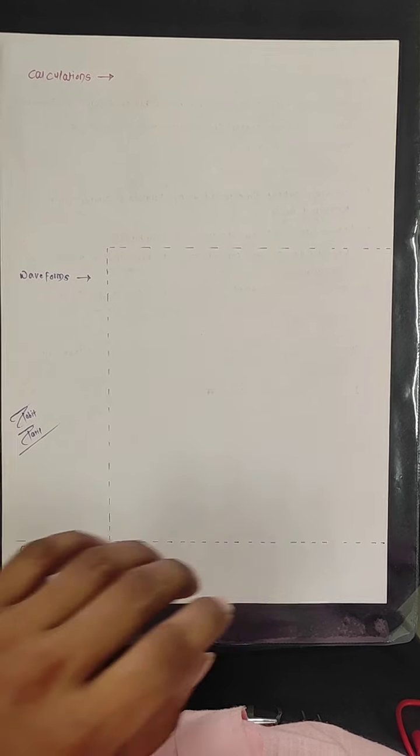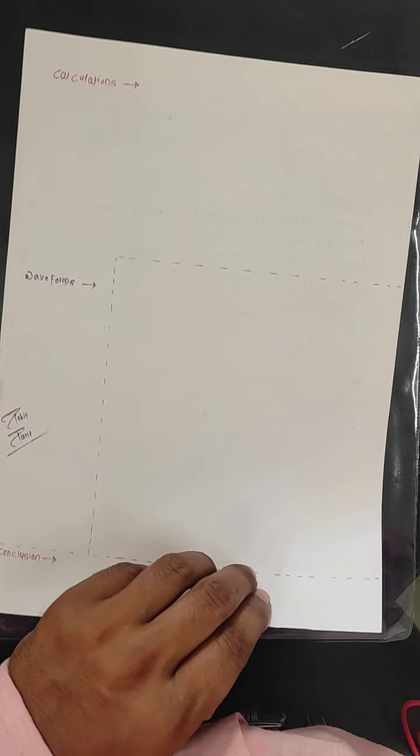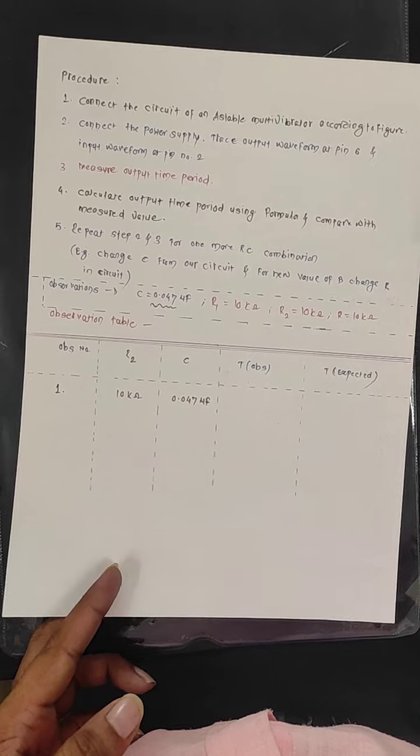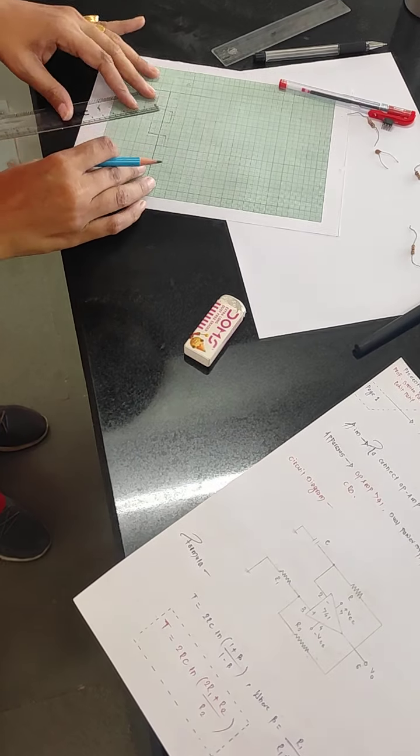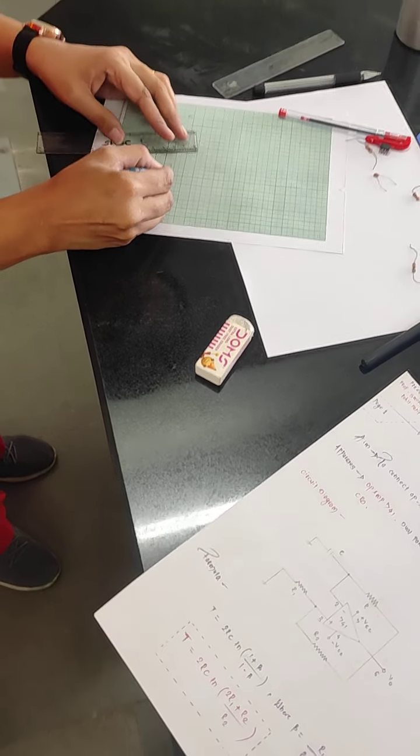As we finish our observation table, we can record our observations and complete the table. Then we can trace a waveform in this given section, and that waveform will be treated as a reference. You can plot that waveform on graph paper, as ma'am has already been doing for you. Once it is done, it will be stuck on this place, and this paper will be presented to you in the group. Thank you so much.